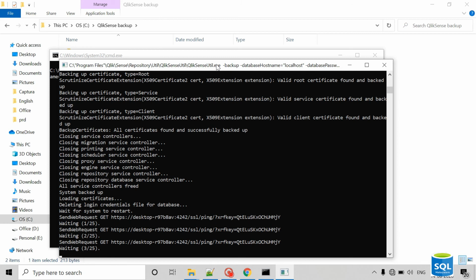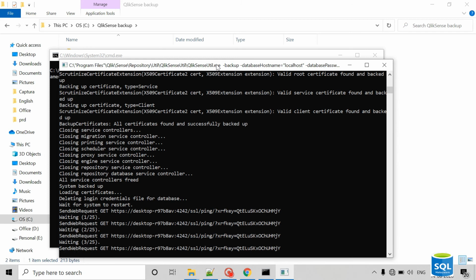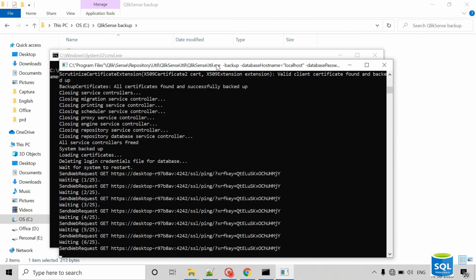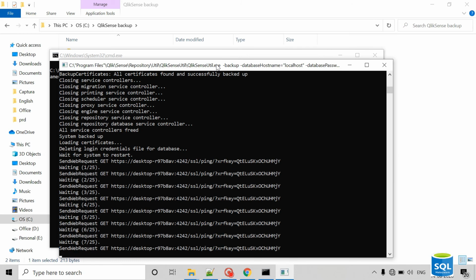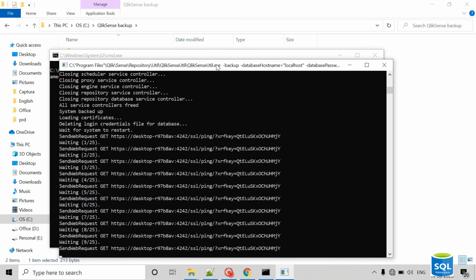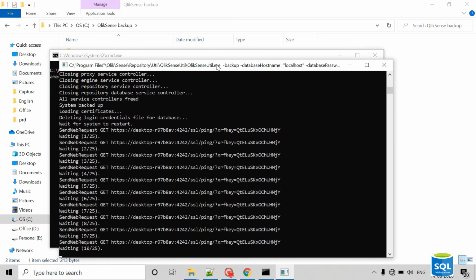Otherwise, it will complete within one or two minutes. We can reduce the backup time by removing unwanted logs or archiving the logs. After taking the backup, it will start the services one by one.